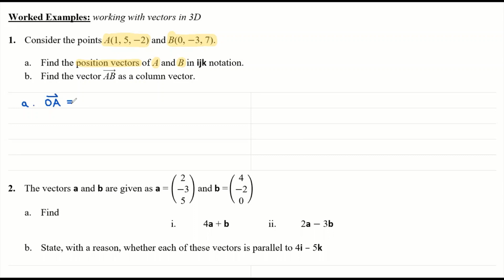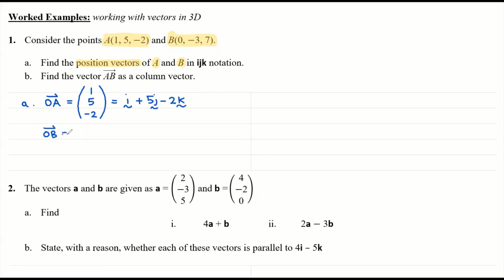And the vector OA would be, now, I know it doesn't say to do this, but I'm going to put this in column vector form. We have to move 1 in the I direction, 5 in the J direction, and -2 in the K direction. Okay, that would be simply just reinterpreting the coordinates, and writing them vertically as a column vector. So it would take you from the origin to the point A. In IJK notation, it's simply going to be 1I plus 5J subtract 2K. It's as simple as that, really. And we do the same thing for B. So the vector OB,